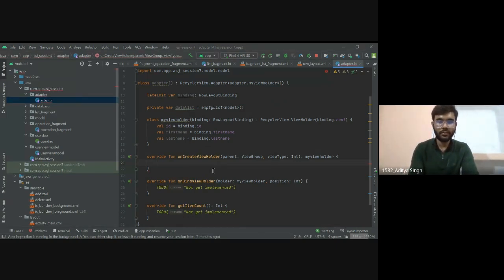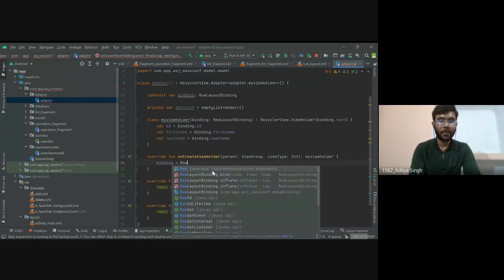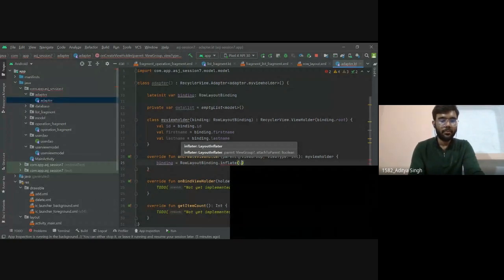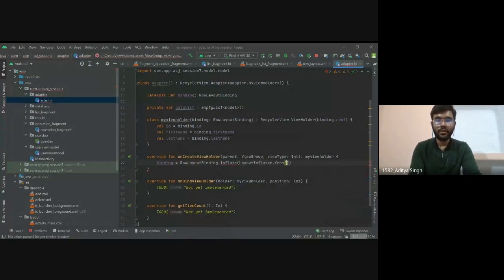Now let's write the code for our onCreateViewHolder. So here we will write binding equals RowLayoutBinding.inflate, and inside this inflate we will write LayoutInflater.from, and inside from we will pass parent.context, and then we will write parent and false.